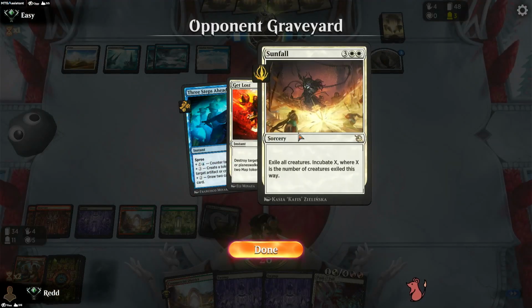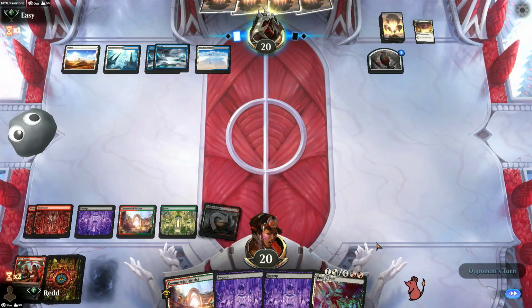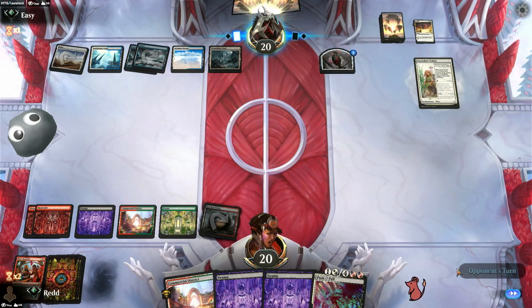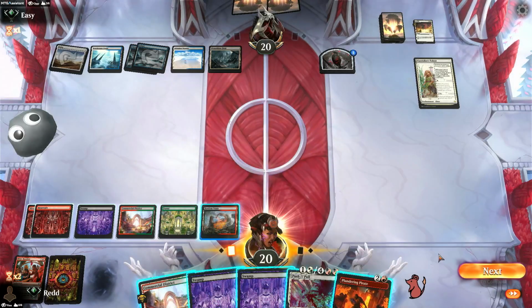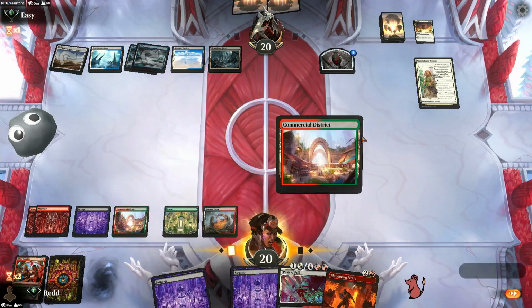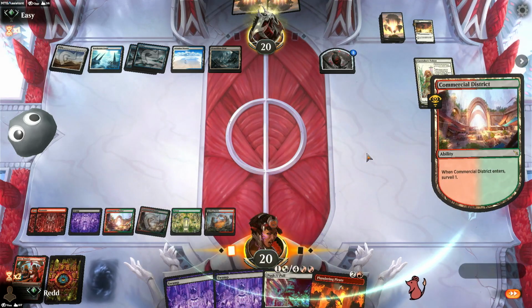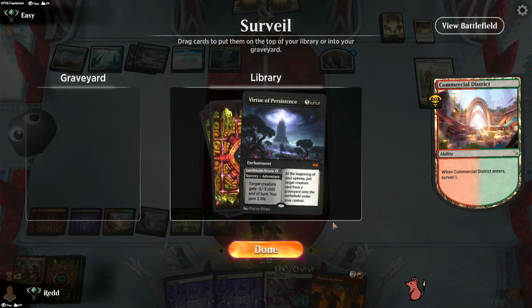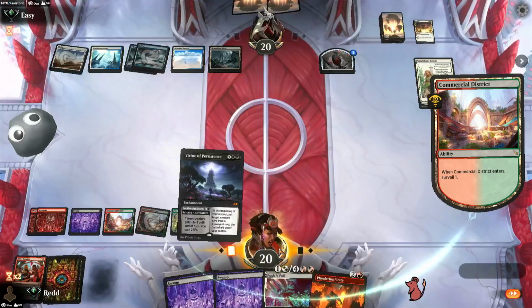Yeah, luckily, I don't think we're going to get too punished from not taking those map tokens, by the way. I don't know if we're going to actually have creatures to activate the map tokens onto. Caretaker's Talent. Plundering Pirate, huh? I guess we could have activated it onto the Restless Vents. Start with the Surveil on the Commercial District. Virtue. I don't know if that would land successfully. That's a tough decision, man. Virtue could be